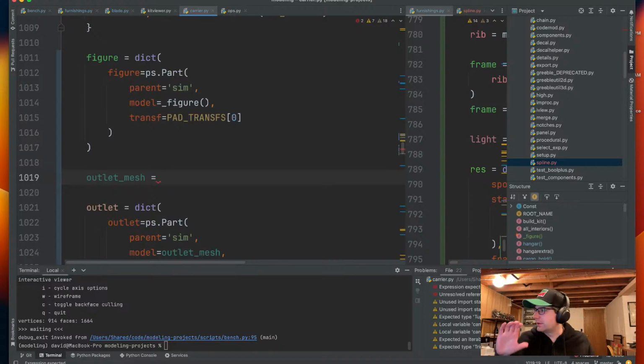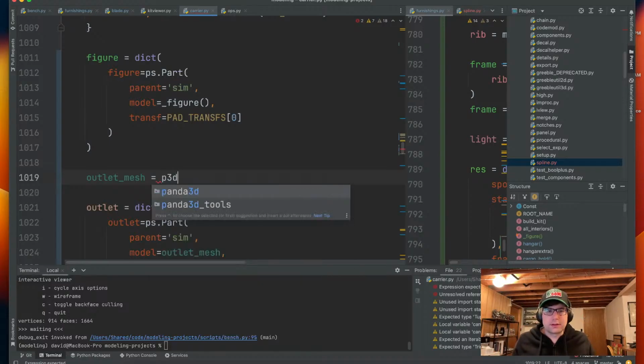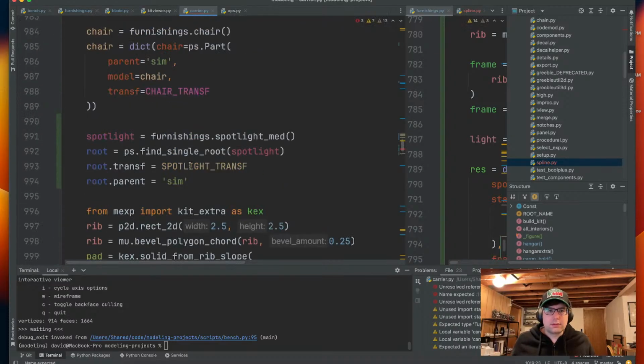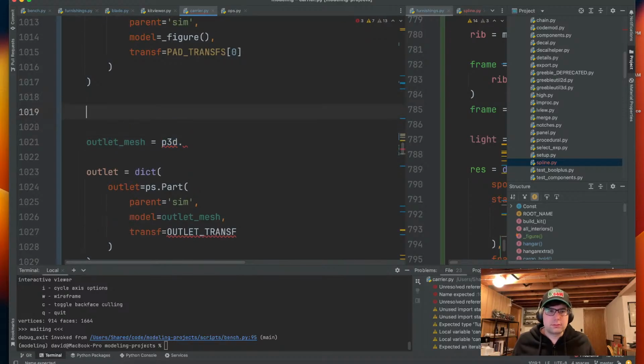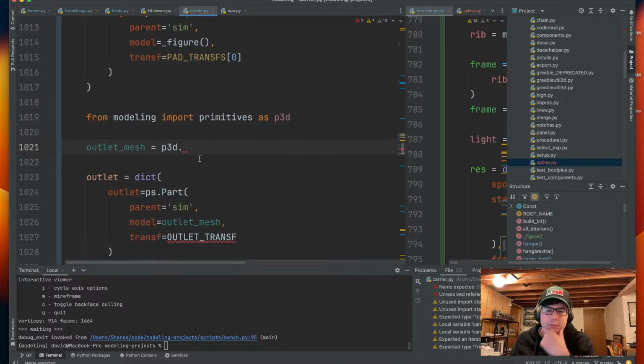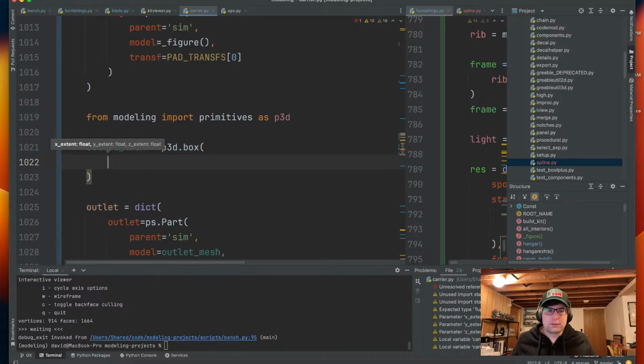And this guy will just be like a little box. Nothing complicated at all. So this will be a little box that